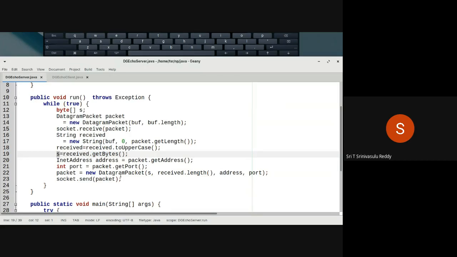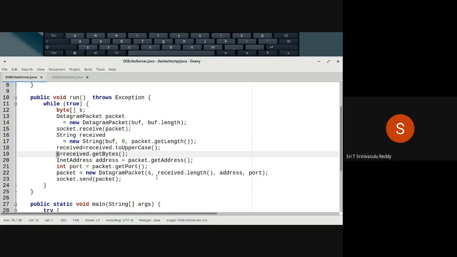After doing all of that, now you have to create the datagram packet. So you say new DatagramPacket of. As you can see, there are two constructor formats for DatagramPacket. One is DatagramPacket with a buffer, that is an array of bytes, and then the length. Only two parameters, because there you don't know the incoming IP address and port number. You don't give them there, but they will be filled by the receive method. Whereas whenever you are sending, you should tell it the IP address and port number. So that's what you are doing.